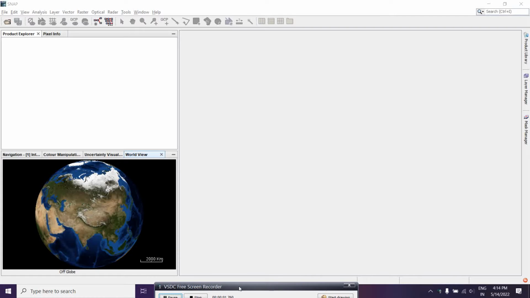So welcome everyone to the first lecture on radar data processing in SNAP. Today we are going to show you how to process the GRD data product. The GRD data product is a very useful product which you can access directly inside SNAP. So let's start with the data, how we are going to open it and how we're going to process